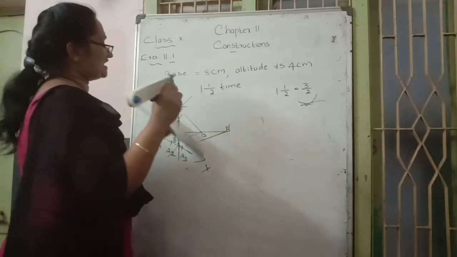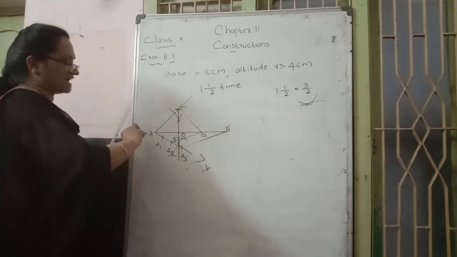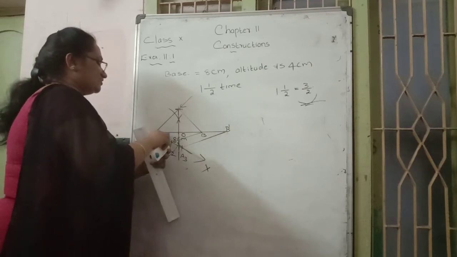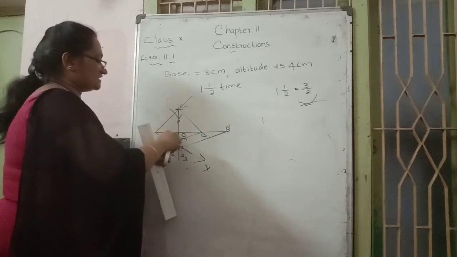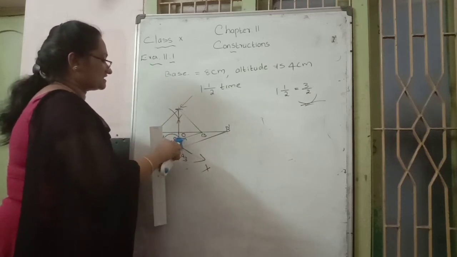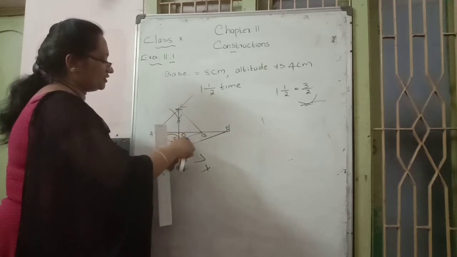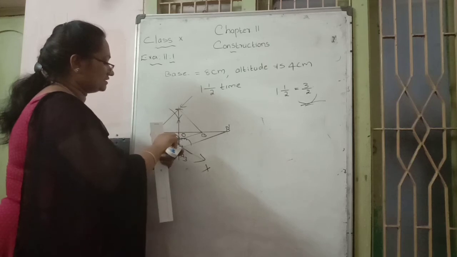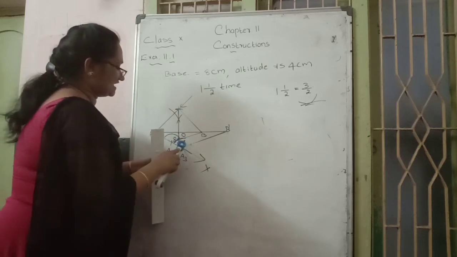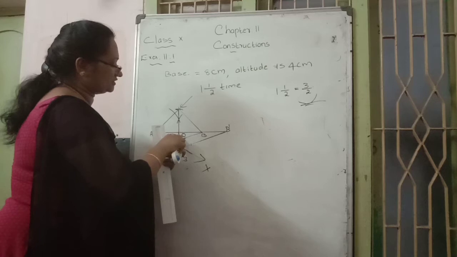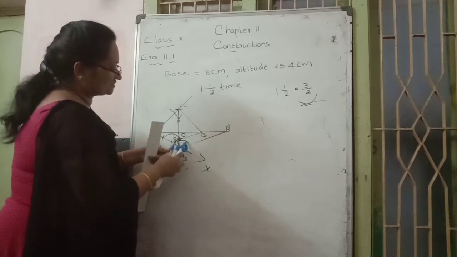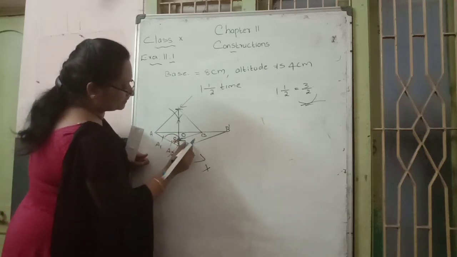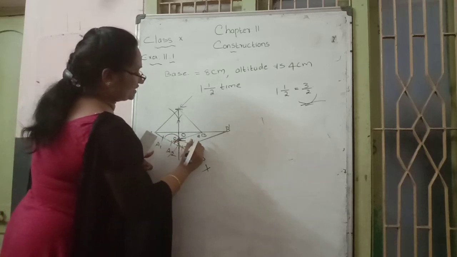Same at the top also. Here also directly, or in which way, arc construction? Take A2 as center, draw an arc. A2 as center, draw an arc. In the same way, A3 as center, draw the same arc here, at the same distance. Then take the distance between these 2 points. Then join through that point.